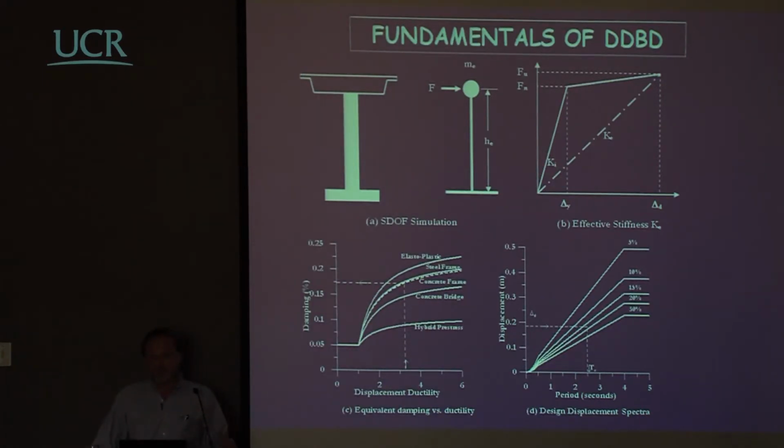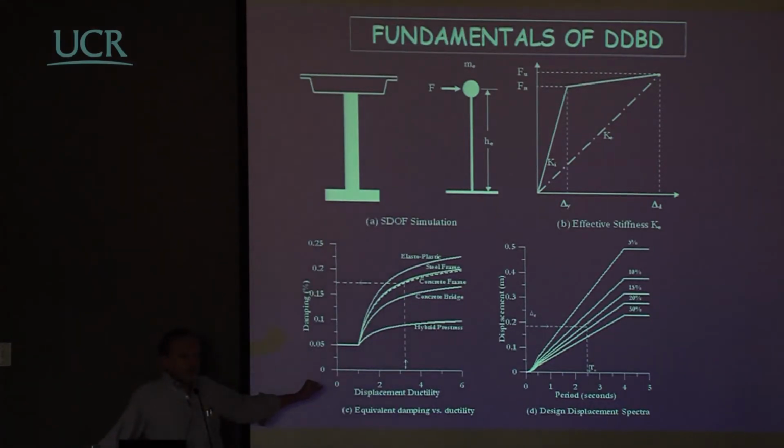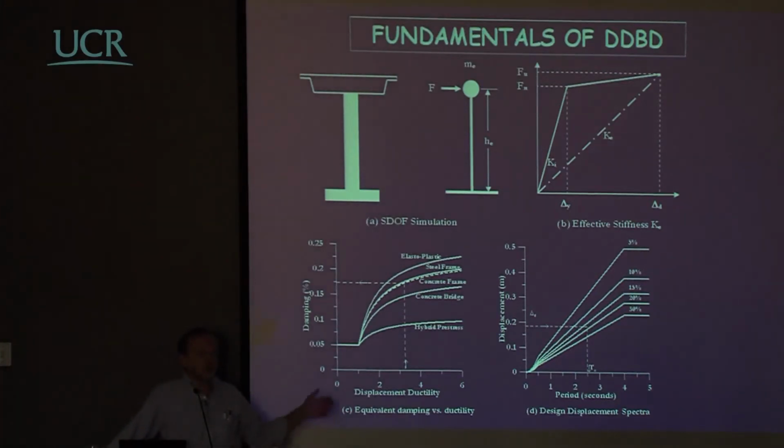And if you have a guess about the level of ductility you want to design, and you accept that there is some correlation, and this will again be discussed in some more detail in a few minutes, there is some relation between displacement ductility and equivalent damping, then of course you could guess what equivalent damping you are going to have, and you could use this equivalent damping to correct the displacement spectrum to go from a standard displacement